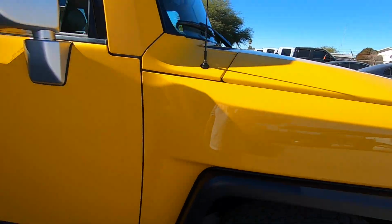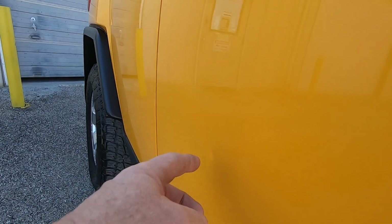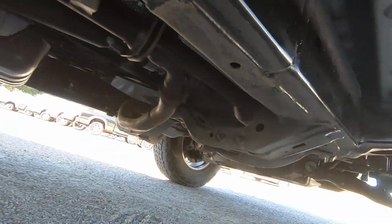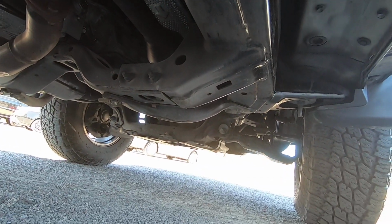There. And then there was a little ding right there. It's been touched up. Okay. I'll show you underneath this thing. My brother's gonna take this thing out for